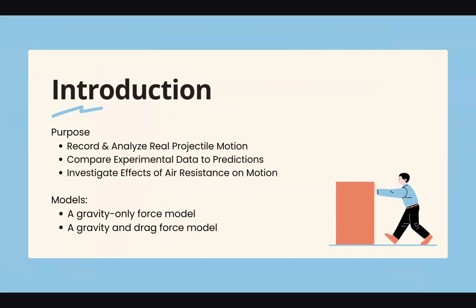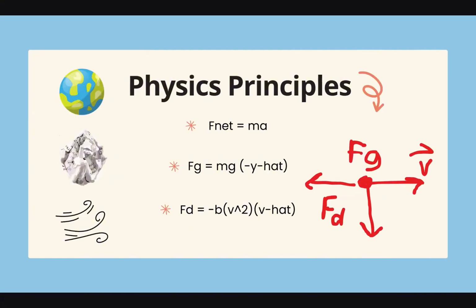Specifically, we wanted to determine how well a gravity-only model predicts real motion and whether including air resistance significantly improved the accuracy of the model. The main result was that the gravity-only model overestimated the horizontal range, while the gravity plus drag model matched the experimental trajectory much more closely. The system in this case was the rolled-up paper ball, while the sources included gravity and